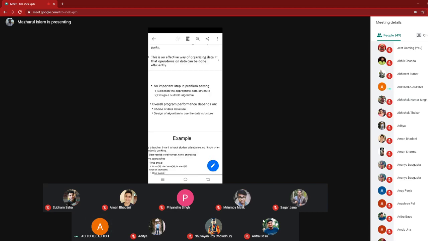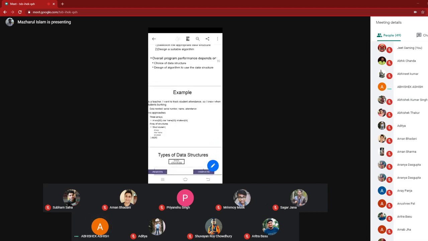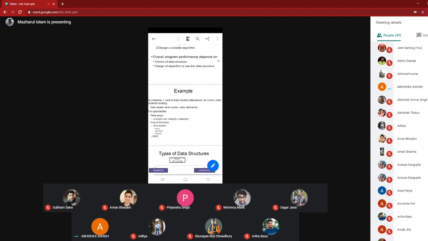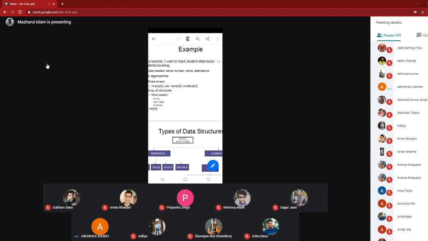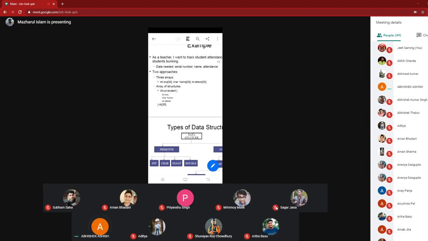I will give you an example here. Can you see this slide? Suppose I want to keep track of the attendance of the students. To keep the record of the student, name of the student, serial number of the student, and attendance of the student, three arrays are needed.